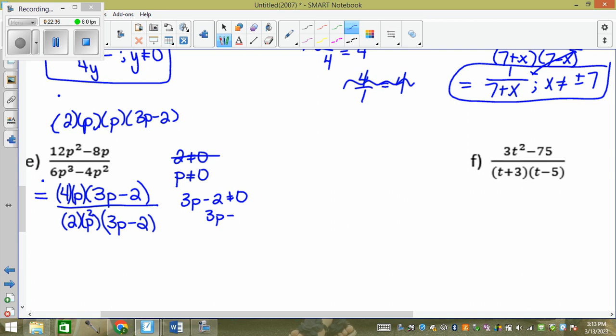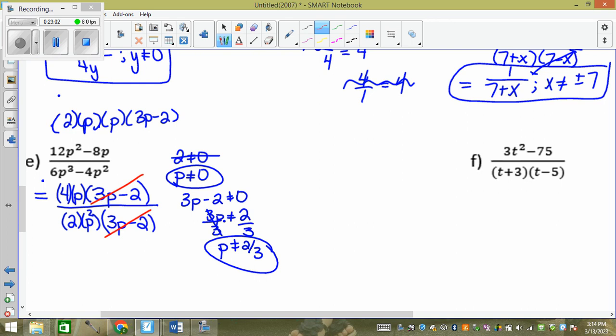3p can't equal 2. And I never skip this step because some of you will write 3 halves. You'll flip it in your head when you do this. So I always divide by the 3. Stated my NPVs. Then what can I do? Yeah. I can cancel off. So the 3p minus 2 is an exact twin of this one, and they're binomials, and they have to be